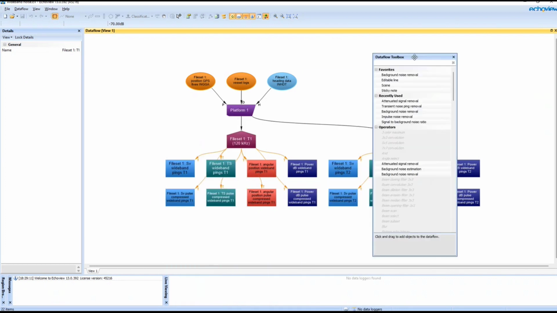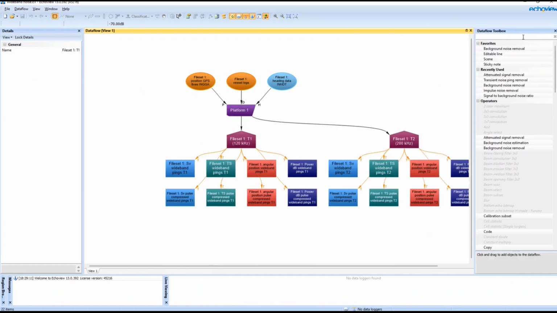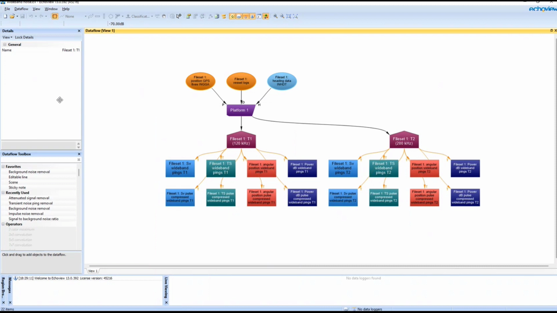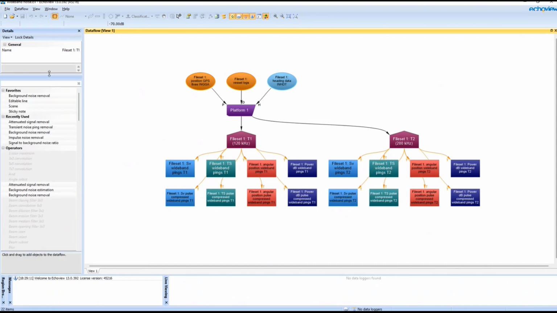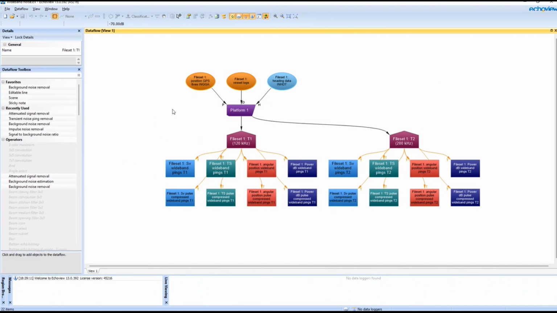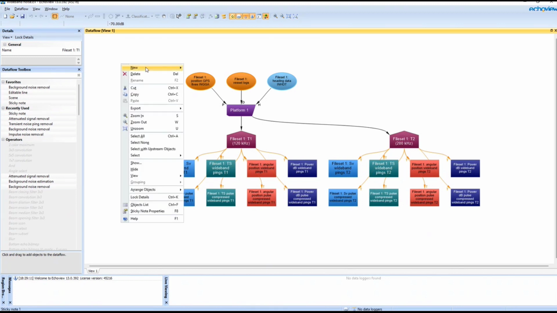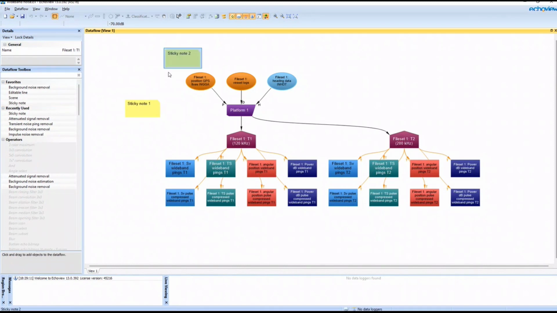You can also place it wherever you like in the EcoView window, on either side, floating or tucked in with some of the other panels. I'll just make it big here. You can see I've got a few favorites set up. I like to create sticky notes in my data flow all the time. So if I select sticky notes from this list and drag and drop onto the data flow, a new object's automatically created for me. Nice and easily, and much easier than the previous approach, which is to right click, new, and select from this list here. Quick and easy drag in.